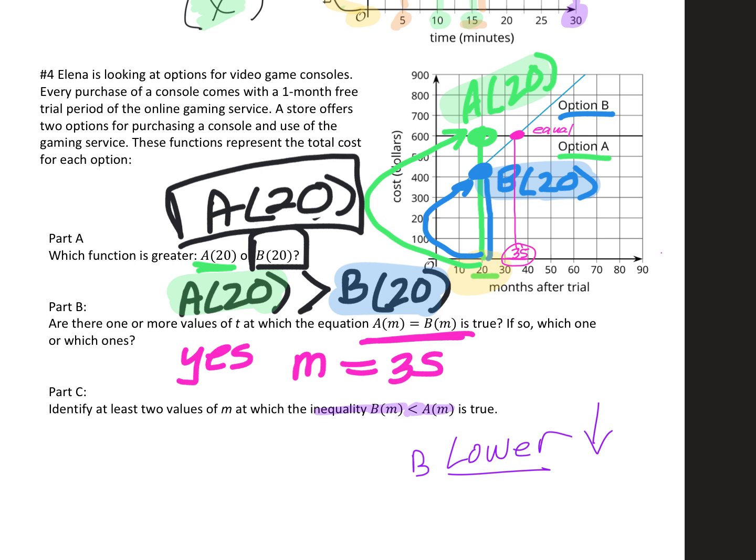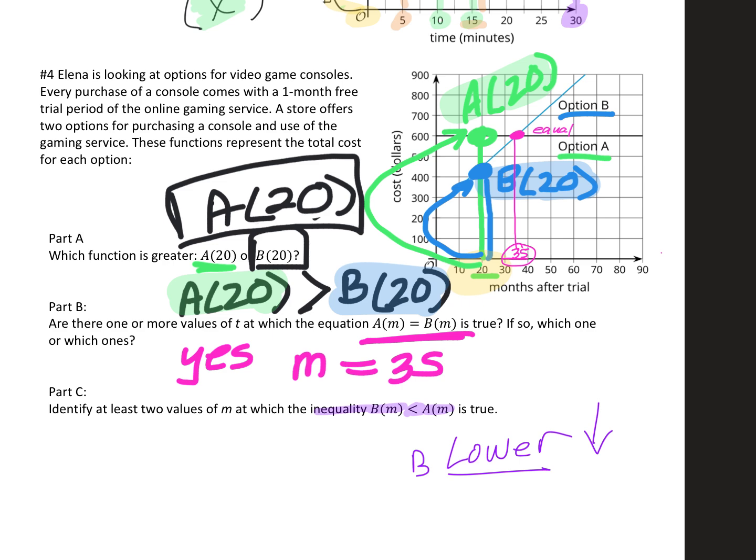So option B is this blue line that originally started off lower, but then as it gets more expensive, it eventually gets higher than option A, where option A stays the same the whole way. So option B is cheaper for any value until we get to where they're the same, which we already talked about was 35. So any value for M that is less than 35 will work,